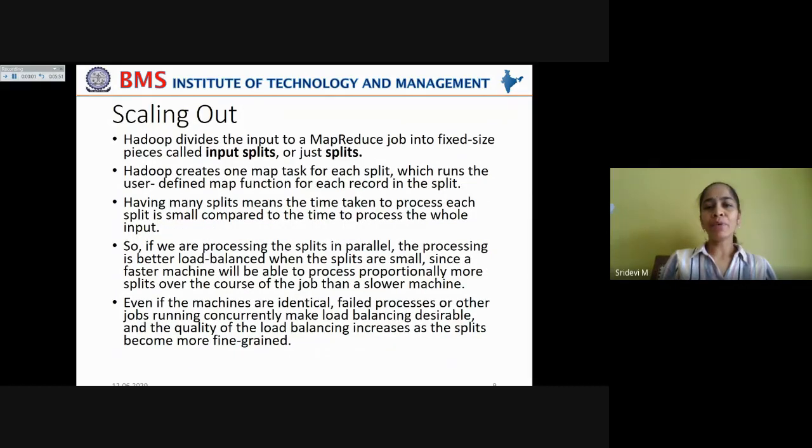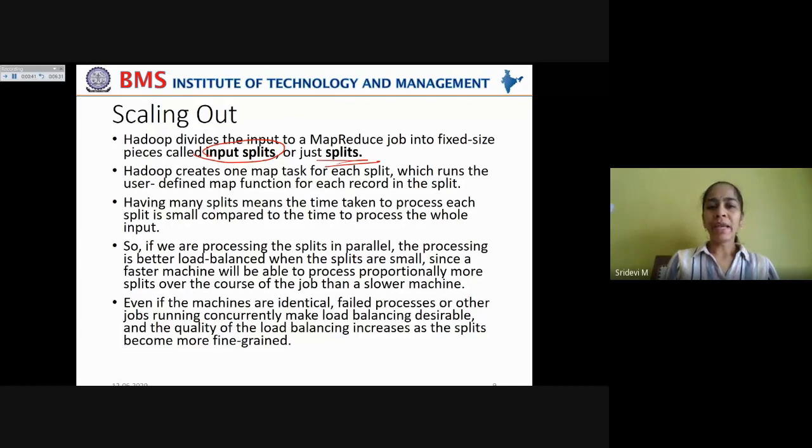Now, Hadoop divides the input to a map reduce job into fixed pieces called input splits or just splits. Because the data has to be given in the form of key value pairs as input to the map job. For processing, the data will be divided into input splits. So the key will be the file offset or some other detail about a particular text where it is starting in the data set. And the next value will be the input split or the text or the string that has to be manipulated, that has to be processed.